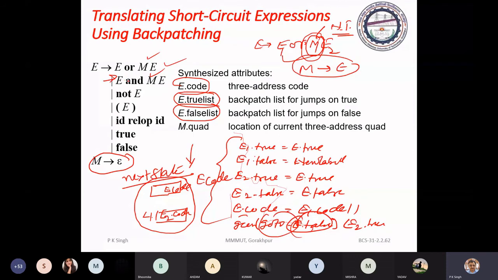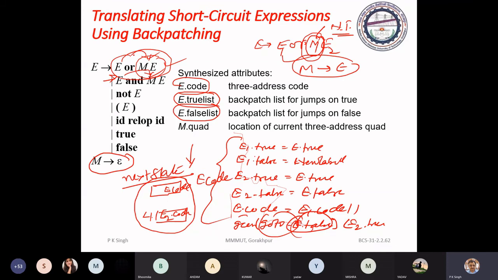Now, in this again we have marker production. Here we go for false, but here we go for true. Why? If E1 is true, then we need not check this, because your entire statement will become true. E will become true. So you can directly switch the control of execution to E true. But if E1 is false, then you have to go for the E2 list. So you have to switch the control of execution.